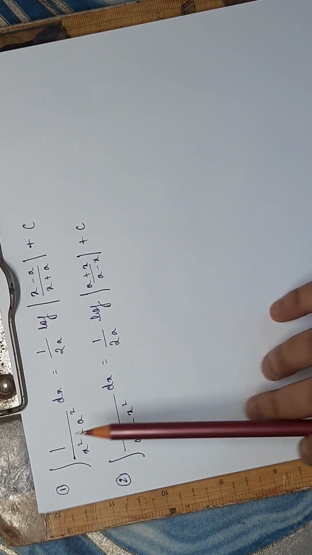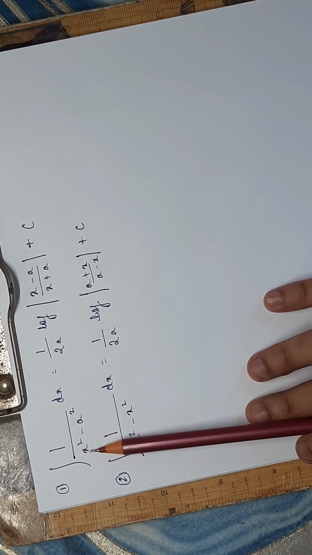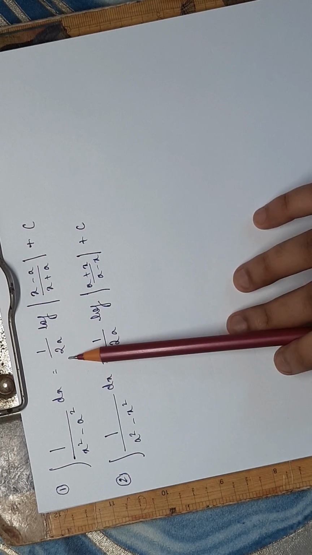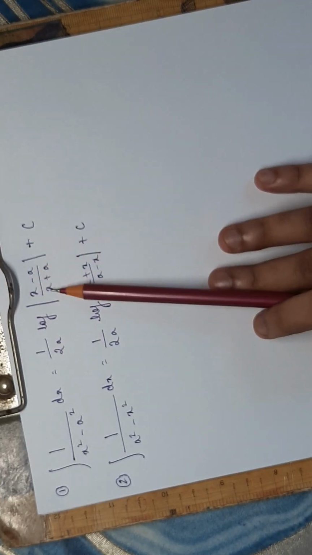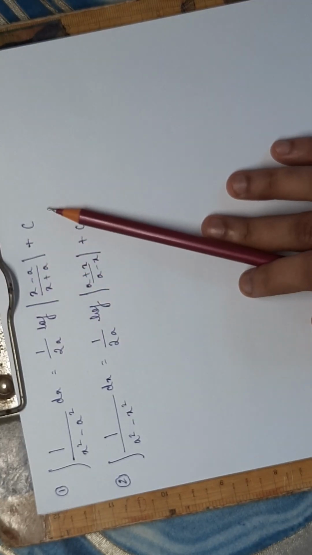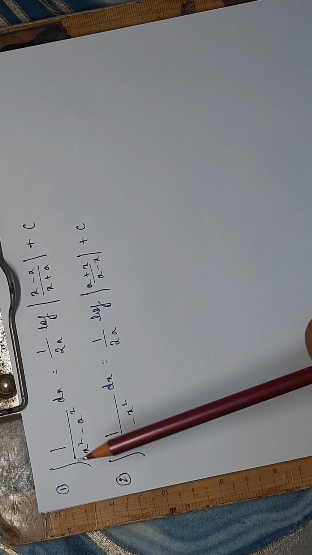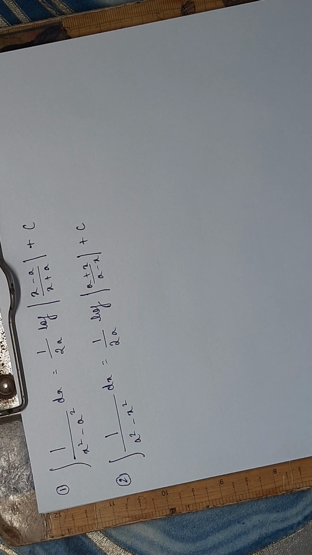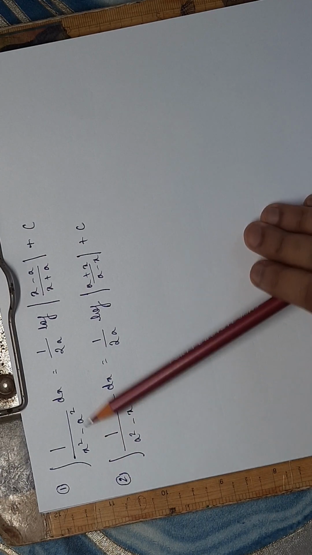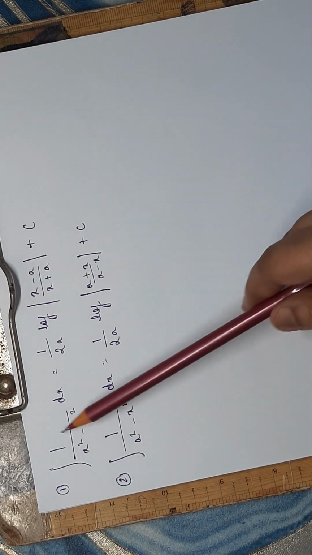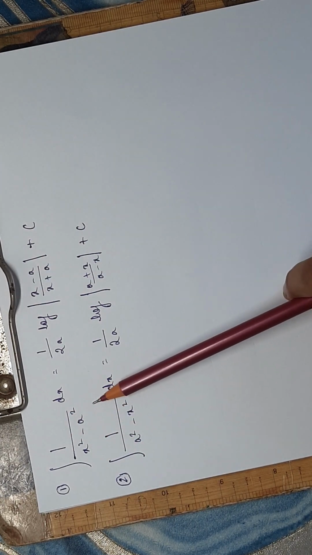For example, you have integration of 1 by x square minus a square dx, right? So the formula comes as 1 by 2a log of x minus a divided by x plus a plus c, okay? Now say for example, if in place of x square I have a square and in place of a square I have x square, like this becomes 1 by a square minus x square, then